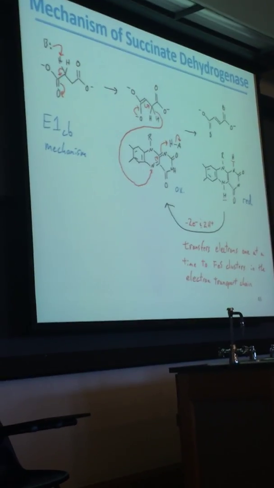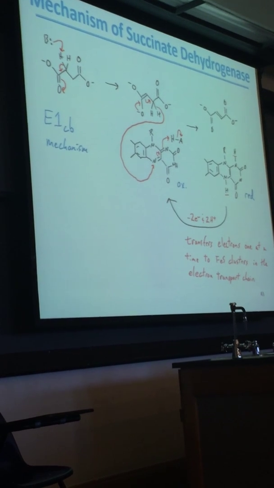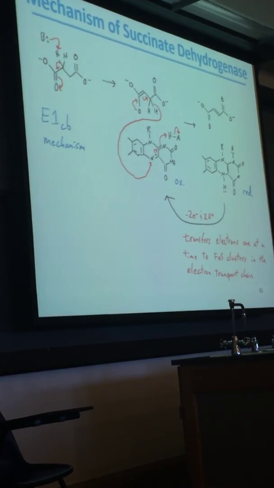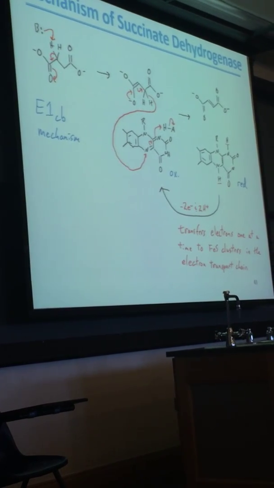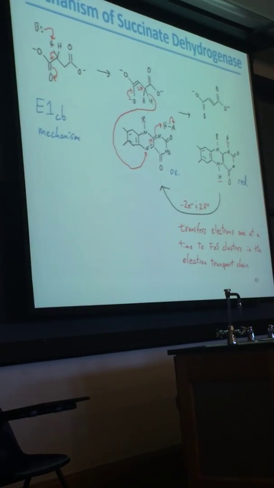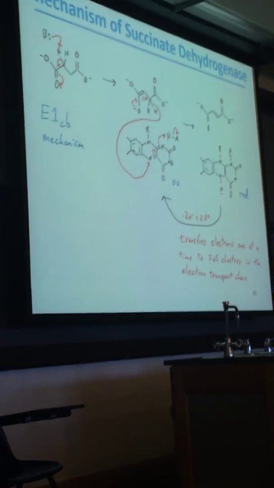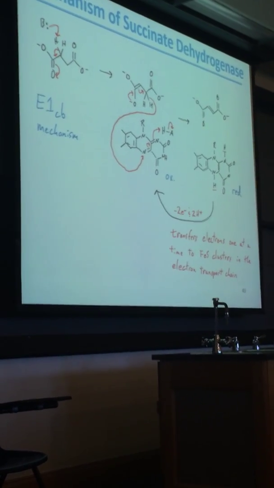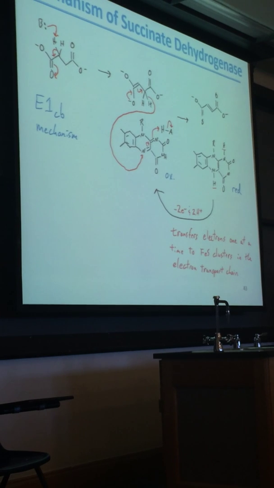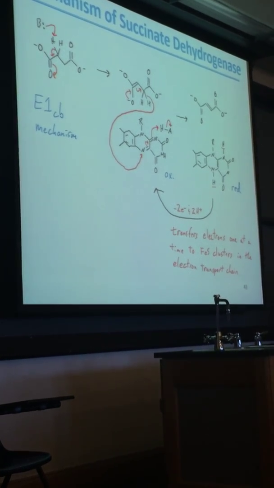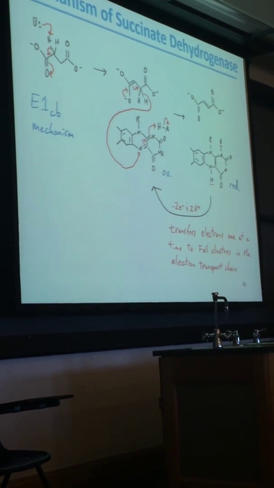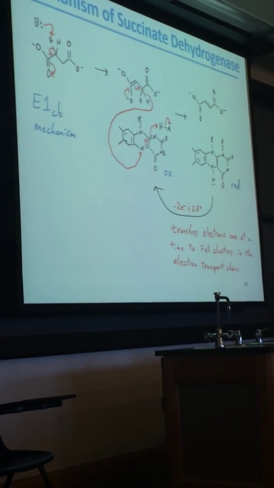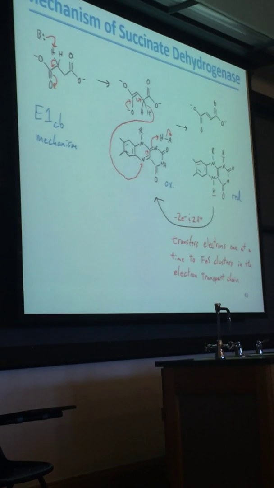There's a little bit of debate if this actually goes through a single electron transfer. If we draw it that way, then it really gets messy. So we're just going to stick with it as is. And remember, this isn't the only time you're going to see this. So in chapter 17, when we're doing fatty acid catabolism, it uses an enzyme that's not the same, but it uses the same mechanism. All right? And the substrate is just a little